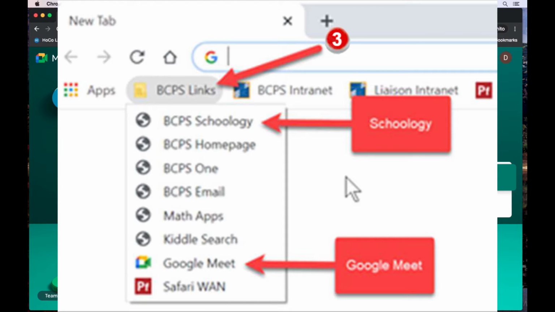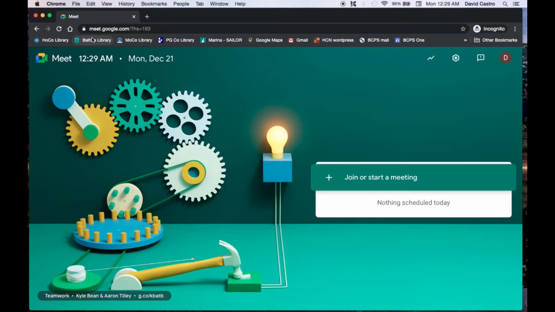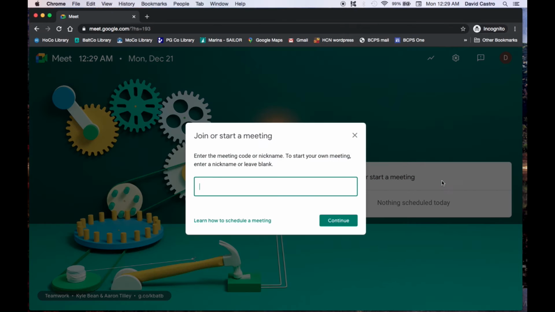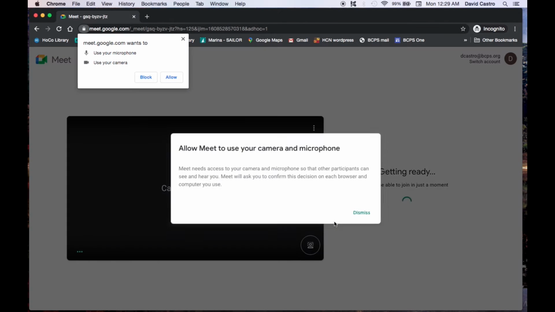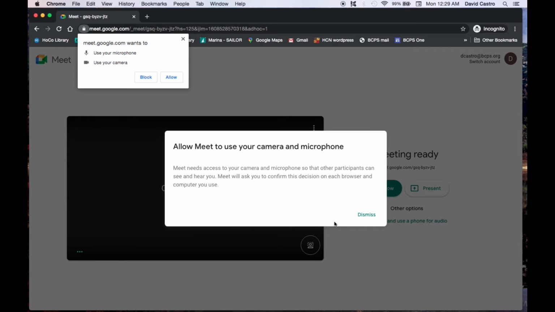If you click on that link, you're going to be taken to the Google Meet page, and you don't have to write it into the URL bar. When you're on the Google Meet page, let's go in to join a session and assume that you're going to enter the code for your teacher to connect to their session. When you continue to connect, you're going to see right away, assume this was the very first time or I didn't do this right,